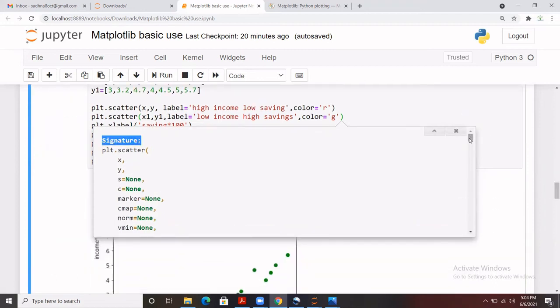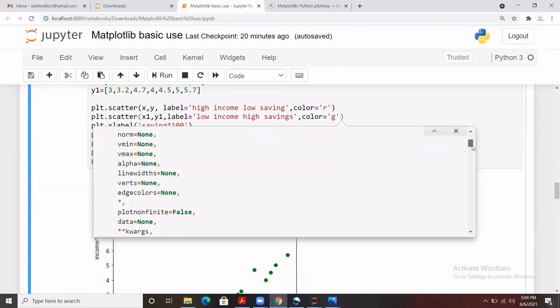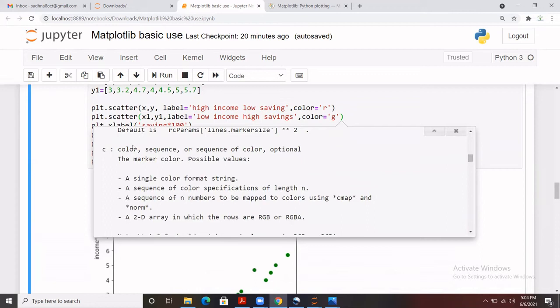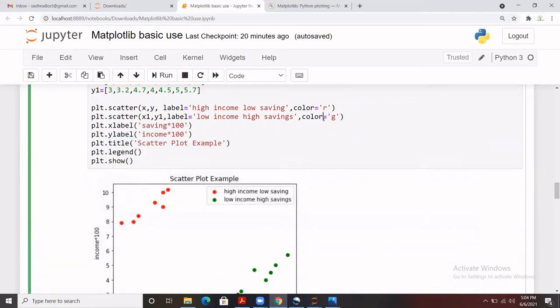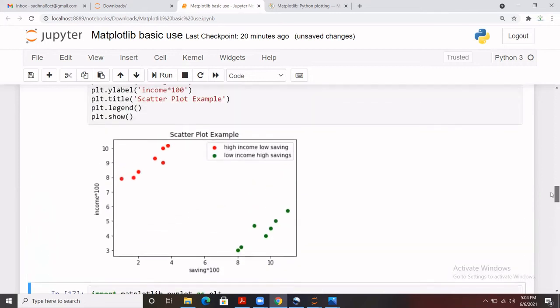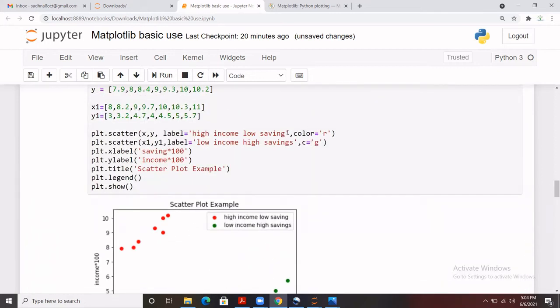You can see here that C is for color. If we mark it as C only, that will also work for color. You see that in place of color I have used C.